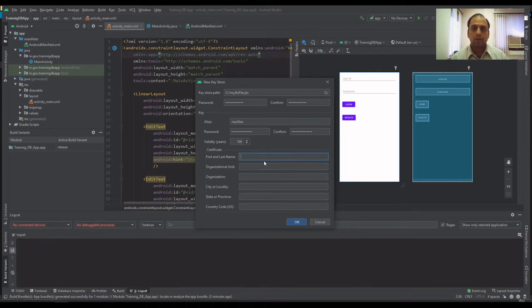Okay. The names, certificate, first and last name. Let's say this is my digital signature, so I'm giving my name. Organization unit is NCA. Let's say organization is NCA. City is, say, Indore right now, and MP, and country code is India, IN. And click OK. It will create